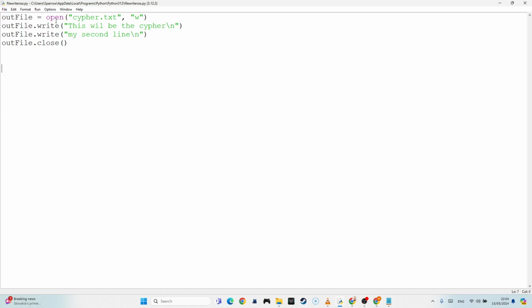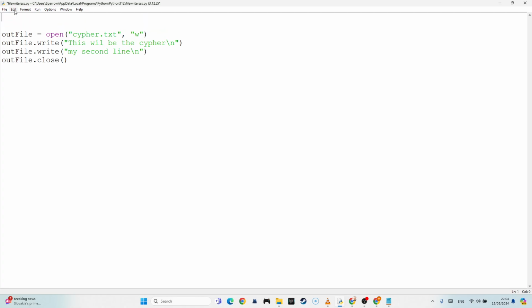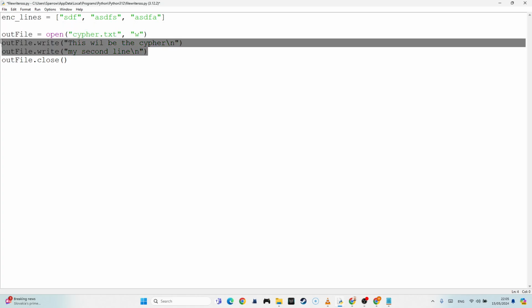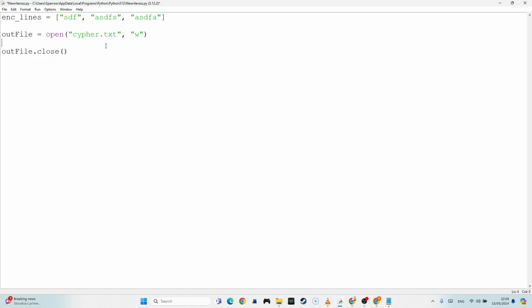Okay, so that's how we're going to write out our stuff to the file. So, do I need anything else in here? No, I mean, this is sort of my code. But let's say, for example, my encrypted lines were, for some reason, anything, some more anything, and some more anything. So how would I go about putting encrypted lines into that file? Well, it would be very similar to before. I'm going to use the out file, I'm going to open it for write, and then I'm going to do for line in